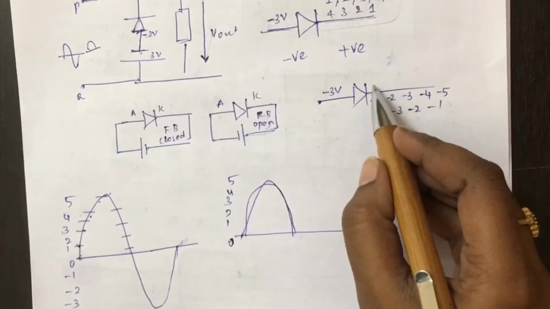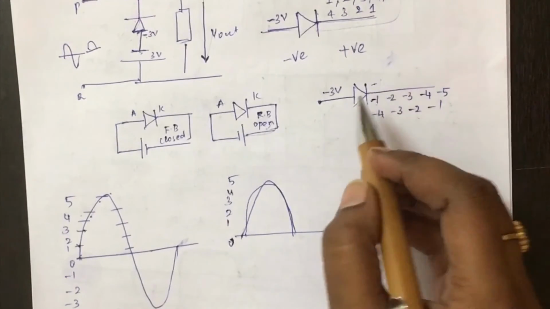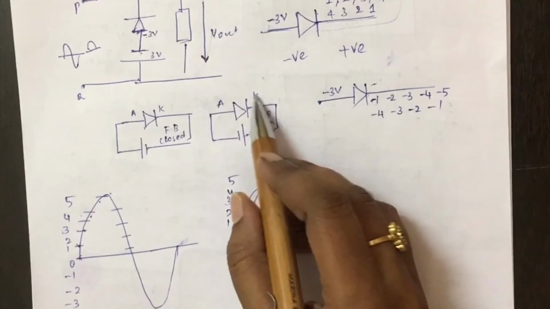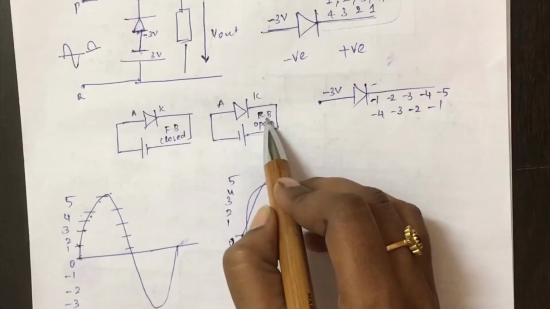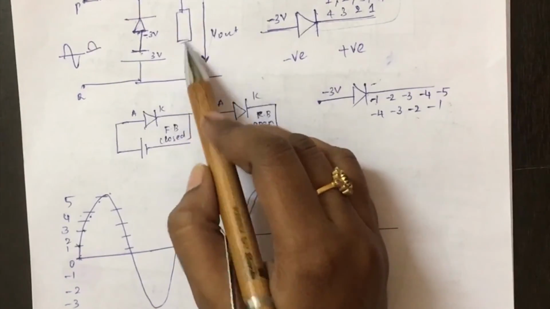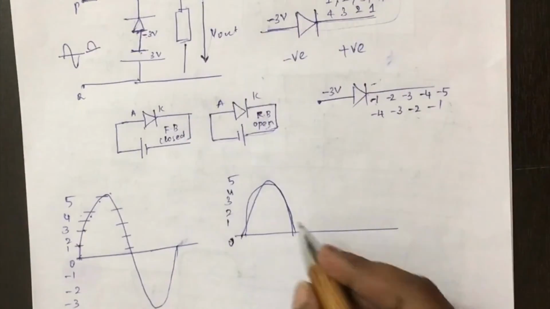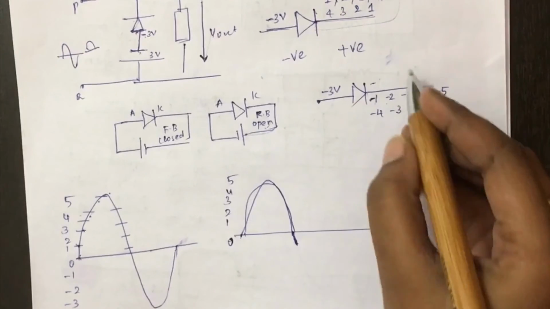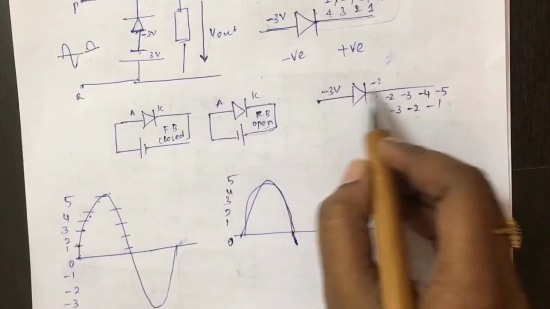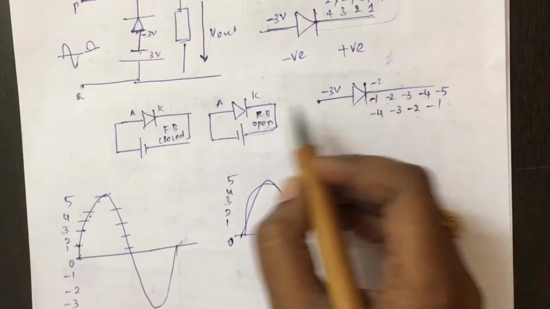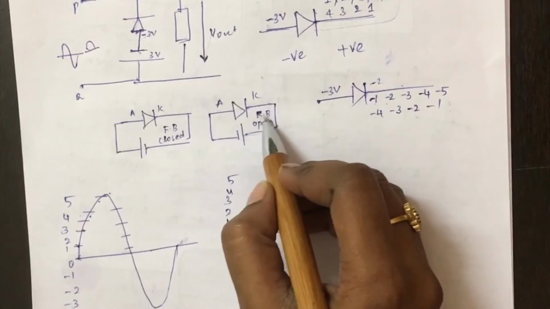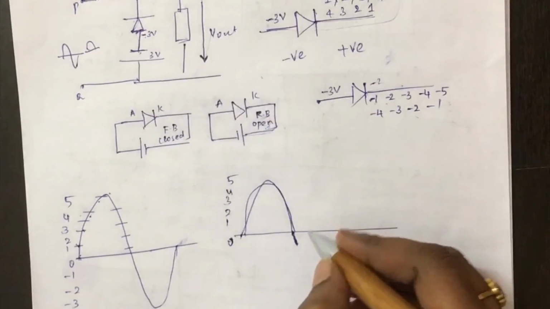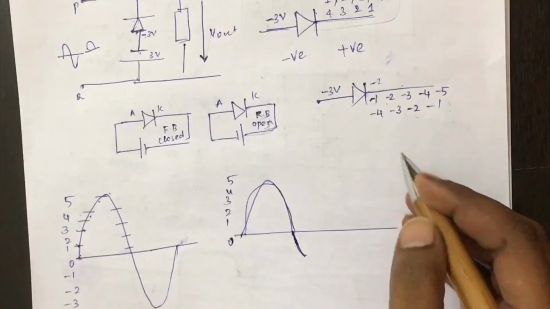So when cathode is minus 1, which means that cathode is more positive than the anode. So when cathode is more positive, it means that it is still in the reverse bias condition, open switch, therefore no current will flow, entire current will flow across the output resistor. So for minus 1 you will get the same output. For minus 2, again this is more positive, that is cathode is positive. So cathode is positive means still it is in reverse bias, so diode will act as an open switch, no current will flow across the diode, entire current will flow across the output. So for minus 2 also you will get an output.